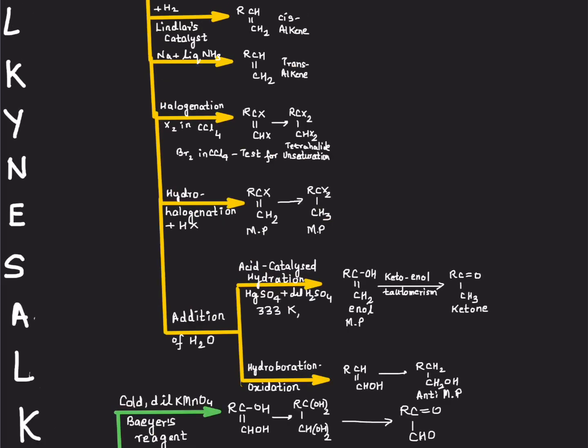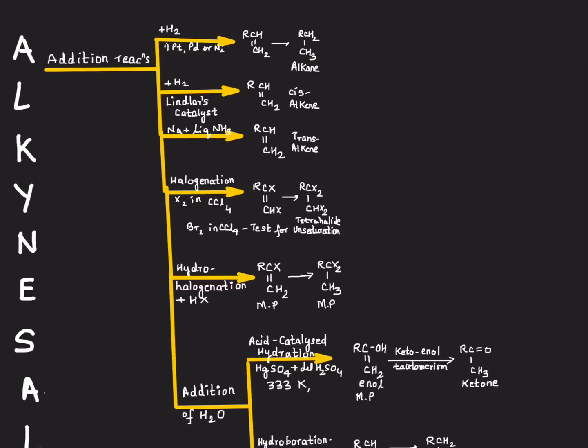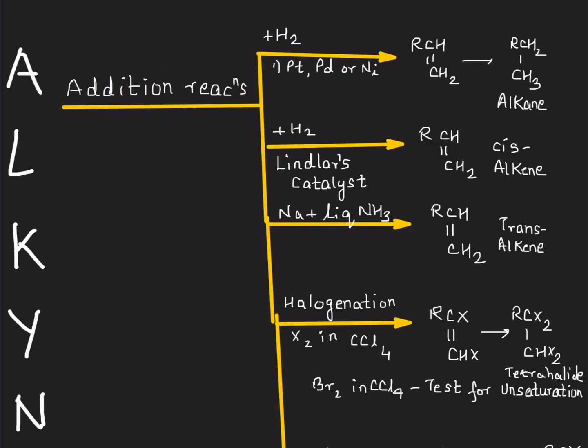Before I go on to addition reactions, I want to make sure, and I want to see your heads nodding, that you have revised alkenes. Have you or have you not? If you haven't, then earnest request, please revise alkenes first, because alkynes are nothing but an extension of alkenes. Alkynes are compounds which have a triple bond, wherein between the two carbon atoms you have one sigma and two pi bonds. So basically the same set of reactions will be taking place twice.